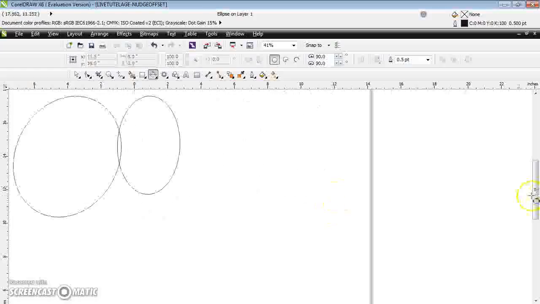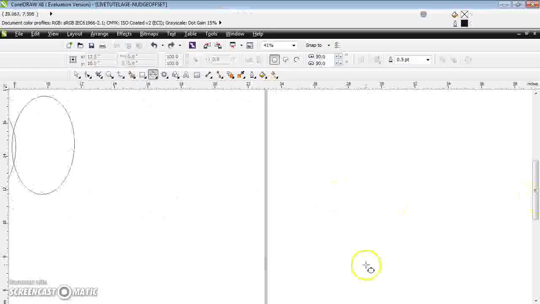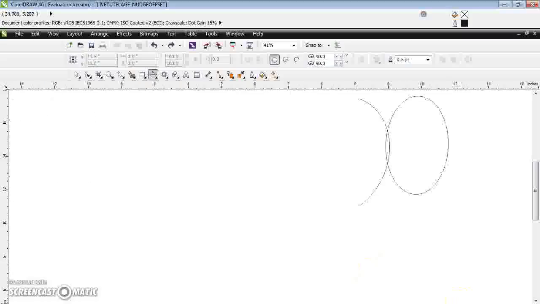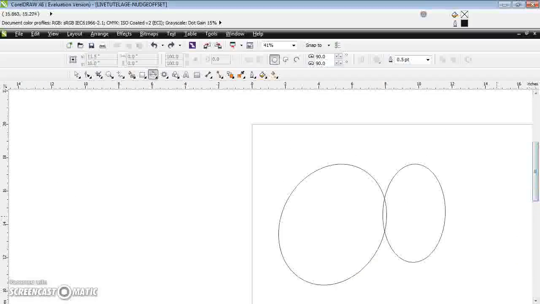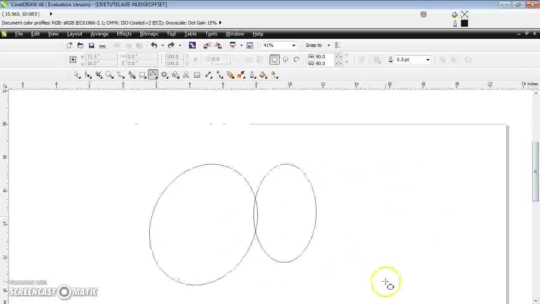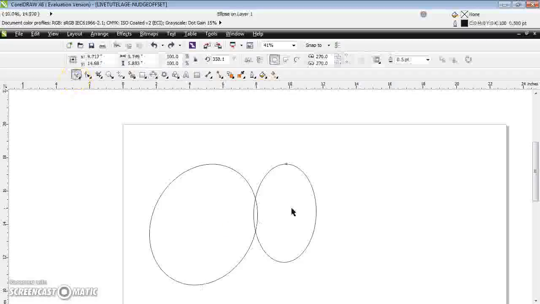I have just created some object. This is one object and this is the other object.